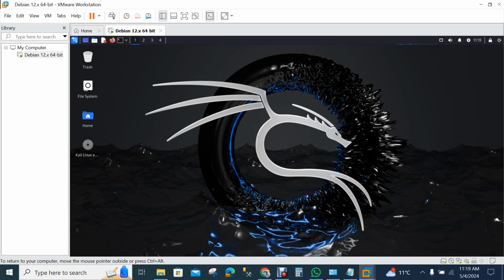At this moment it is working on VMware Workstation Player. If you like, you can also install this virtual machine Kali Linux on VirtualBox, on KVM, or on a hypervisor. There will be no problem. Every workstation and player is the same. There is no problem using virtual machines.